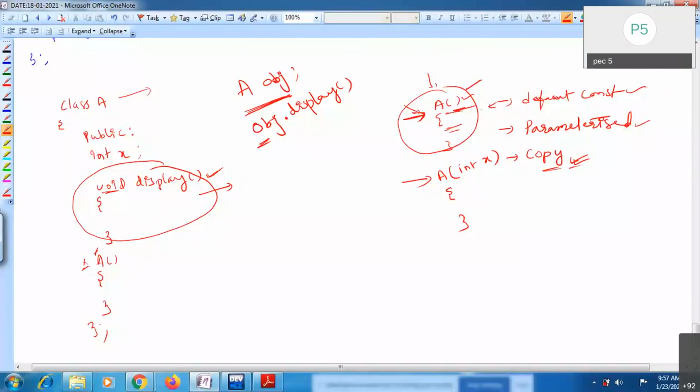I will show how to write these constructors inside your class file.